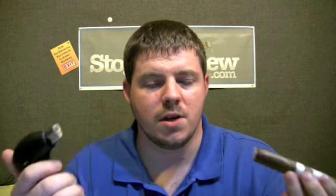Well, certainly not going to look a gift horse in the mouth. I was fortunate enough to get this cigar as a gift from Davidoff, from Danielle from Davidoff, at the IPCPR convention in New Orleans. And the other cigars I actually got from Danielle as well. She had sent them to me just because, and I appreciated that, and I did the first impressions reviews on